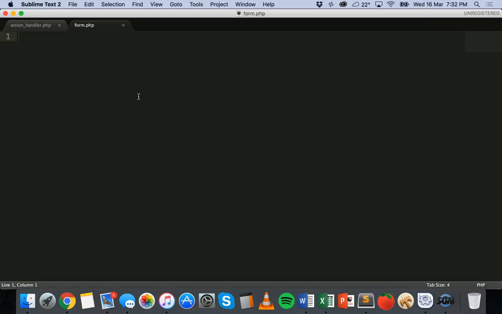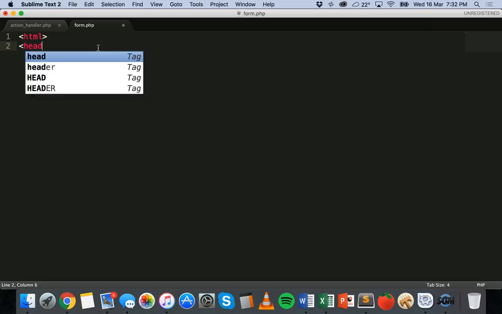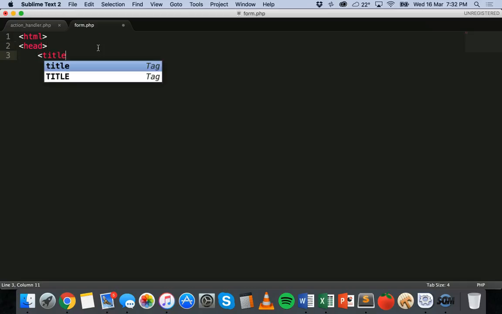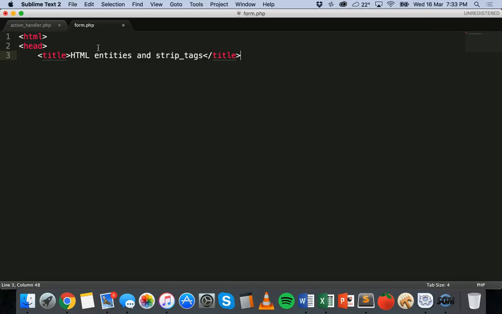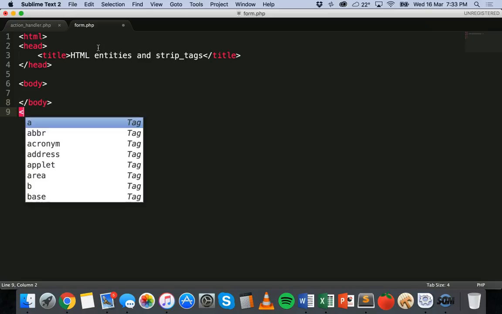Okay, so what we'll do firstly is we'll create a form. So I've got a form.php file here. All right, and so what I'll do is I'll just add in the HTML tags, and we'll give this page a title as well. We'll just say HTML entities and strip tags. And I'll close off the head section of this page, and then in the body section we'll need to add